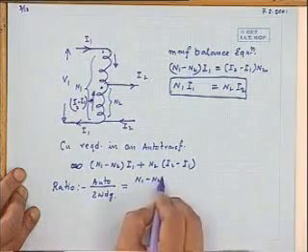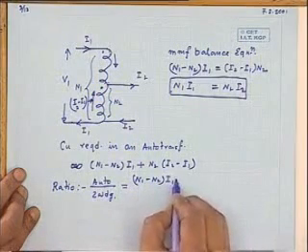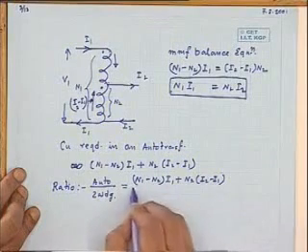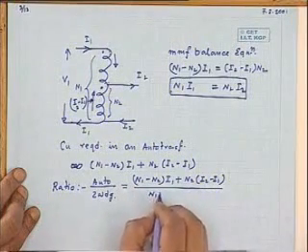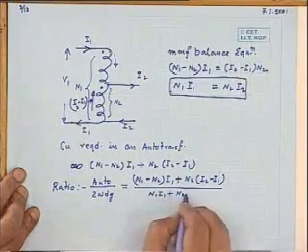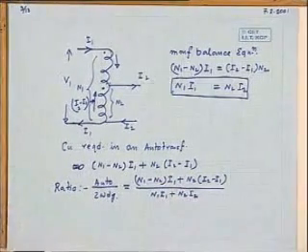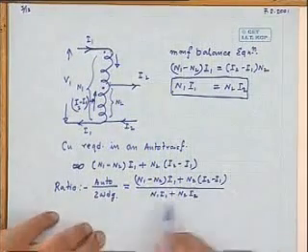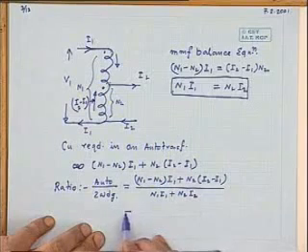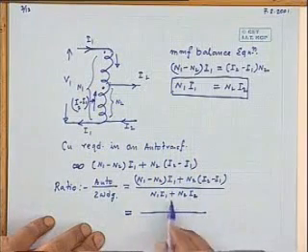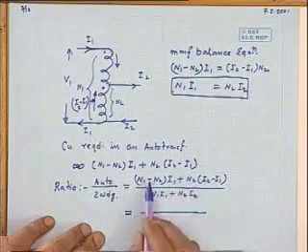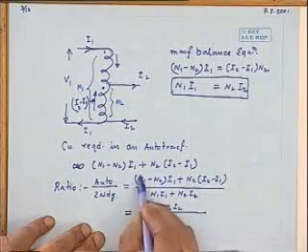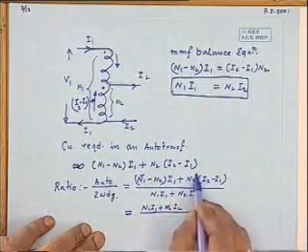This will then become equal to N1 minus N2 into I1 plus N2 into I2 minus I1, divided by N1 I1 plus N2 I2. Now you can simplify yourself also parallelly the top one and bottom one. So this will be N1 I1 plus N2 I2. This will be N1 I1 plus N2 I2. That is this term and this term.